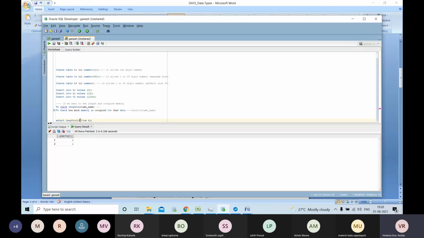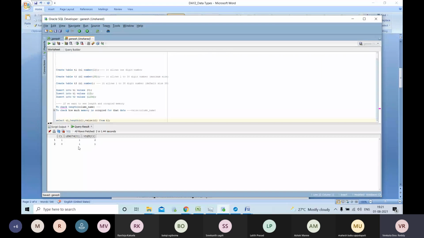You can see you are trying to insert the data. That inserted value, how much memory is occupied in the database, we can verify that. For that we have VSIZE as one of the functions. Can you see? You inserted the values, all single digit only.